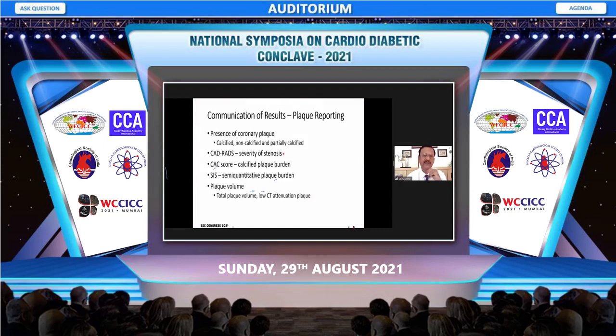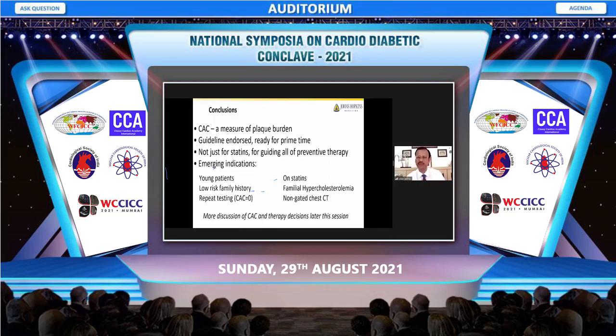The plaque reporting will have to be on the communication based on this 4. Presence of coronary plaque, calcified, non-calcified, and partially calcified. CAD-RADS, the severity of stenosis, the calcium score, the calcified plaque burden, total plaque volume, and the low CT attenuation plaque. This is very important, that when you see a diabetic on a cardiac CT, please do inform this: the presence, the severity, the calcified plaque burden, and the semi-quantitative patterns. And finally,